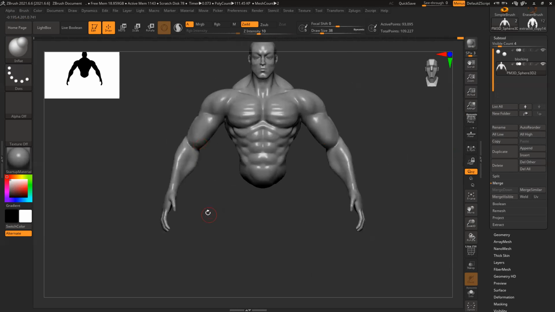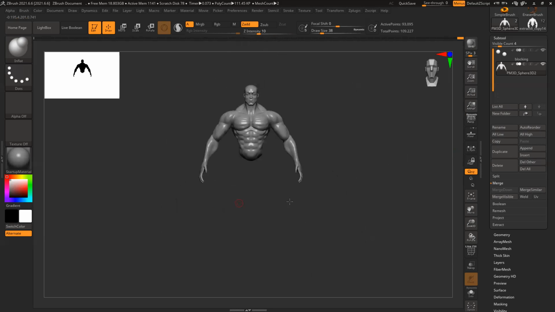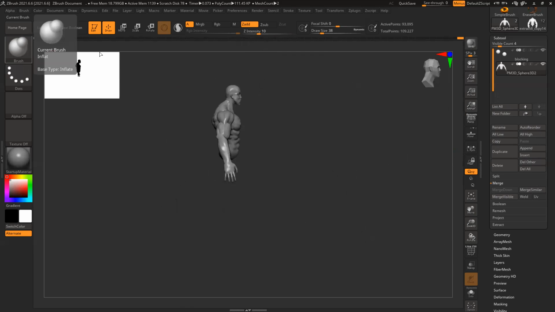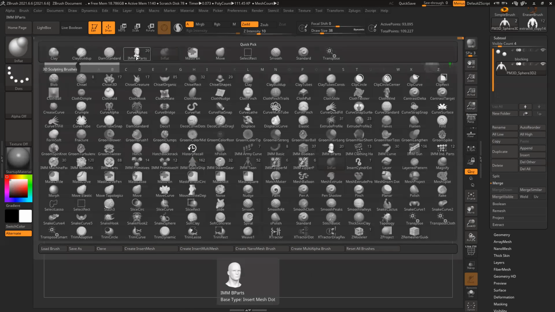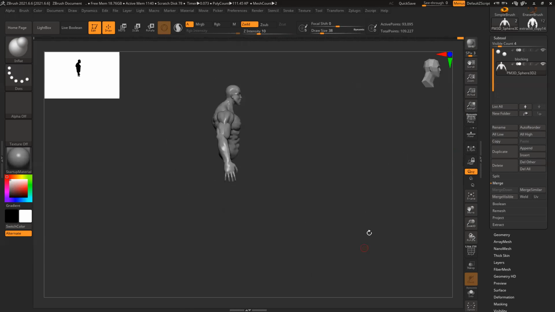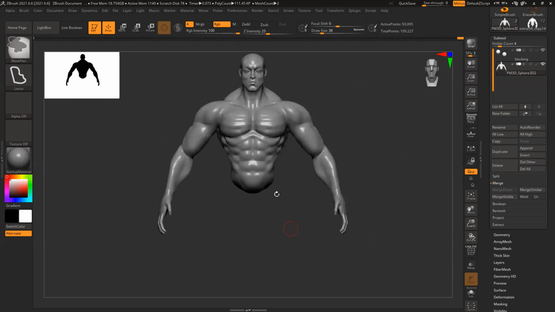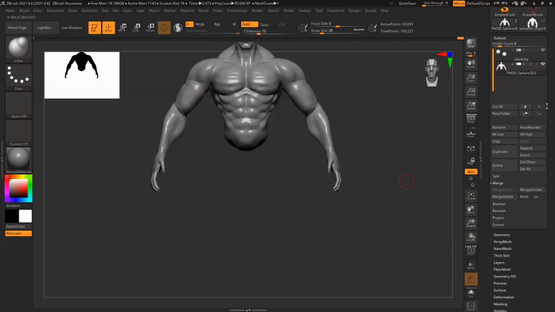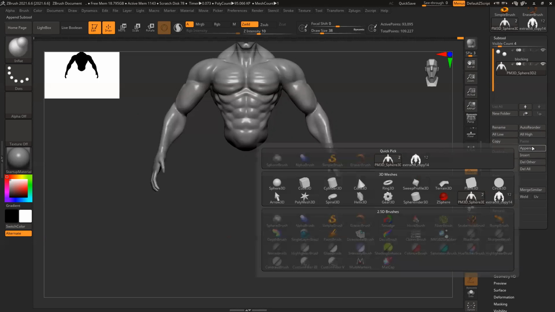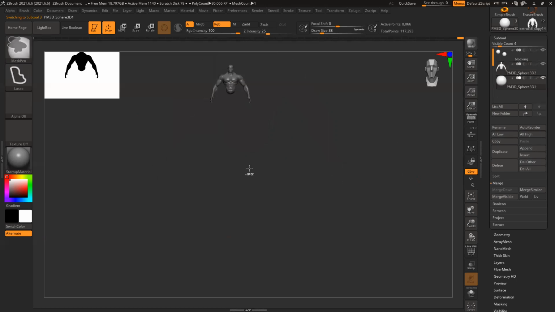Okay, so now I need to create all these legs. If you go to this human wall brush, you can see all those hands and legs are there. We can definitely use that, or we can create it manually also. So here we're going to create manually. I can take a cylinder or a sphere.